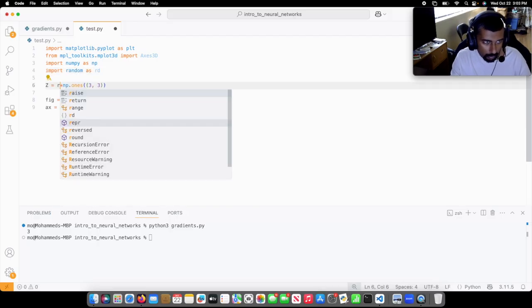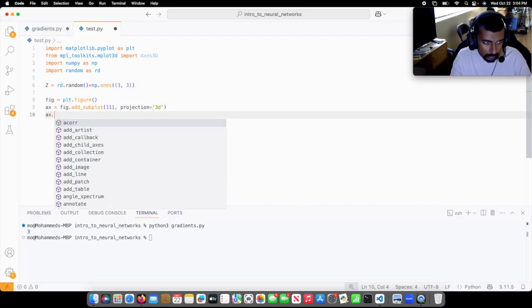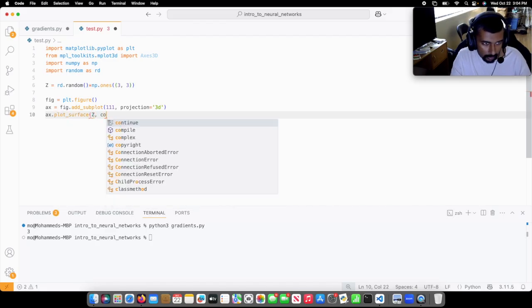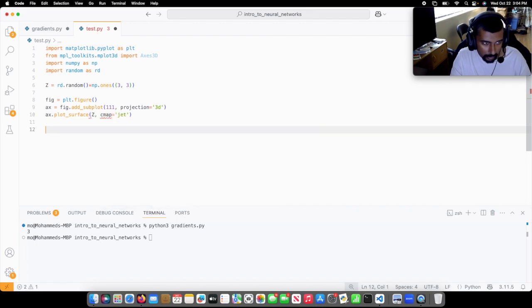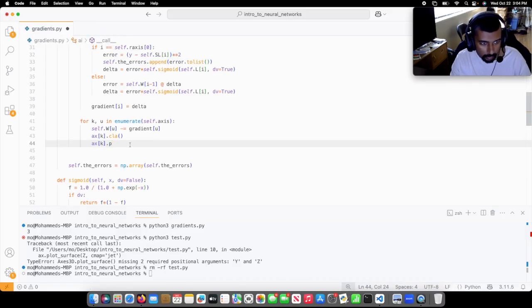So this will just be rd.random times that, and then ax.plot_surface of z, cmap equals jet, and plt.show. Let me go ahead and run python3 test.py. Okay, so I need x and y. Okay, so I'll just come over here, rm -rf test.py. That doesn't exist anymore. Okay, so I need to somehow come up with x and y, so I will do